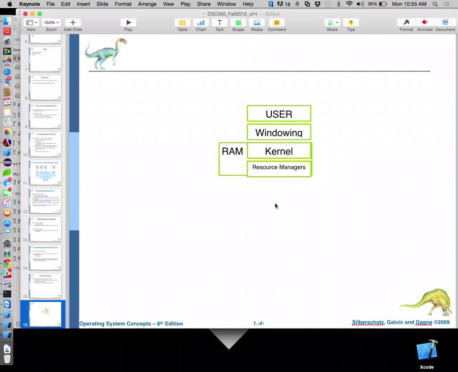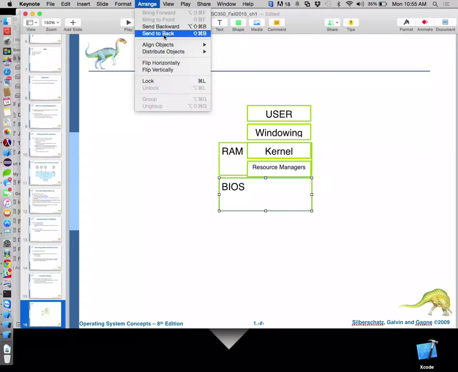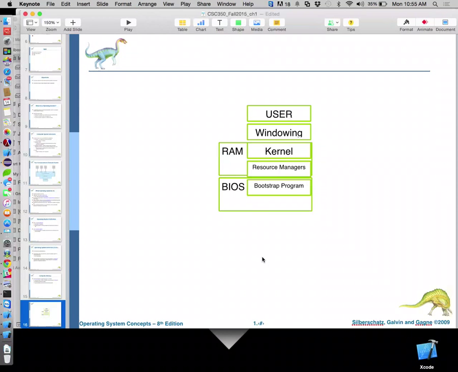Now, the way it's going to ultimately get to RAM on our computer is from something called the Bootstrap program. All right, so the Bootstrap program actually lives inside of something called the BIOS. Okay, so the BIOS is a